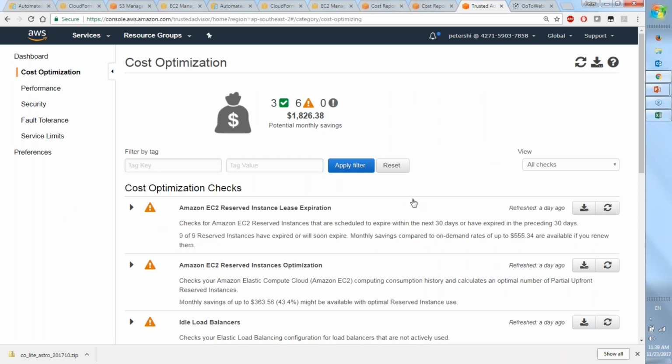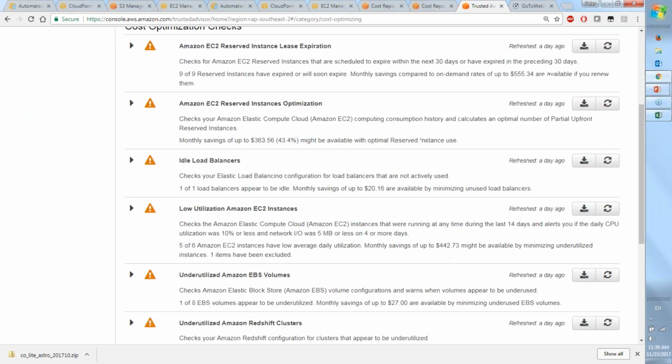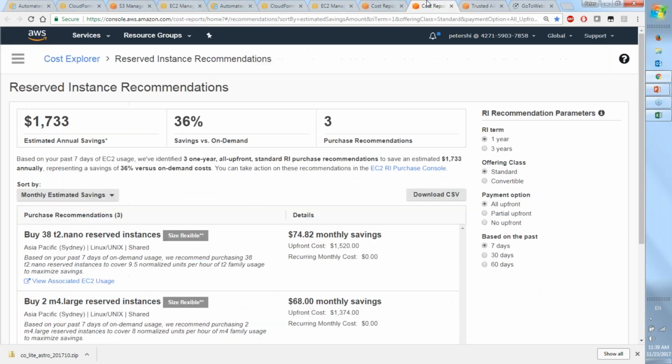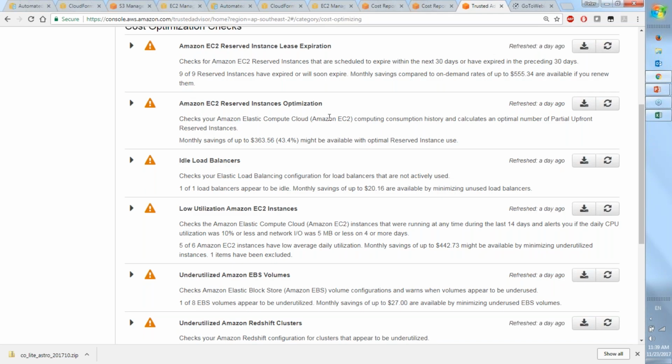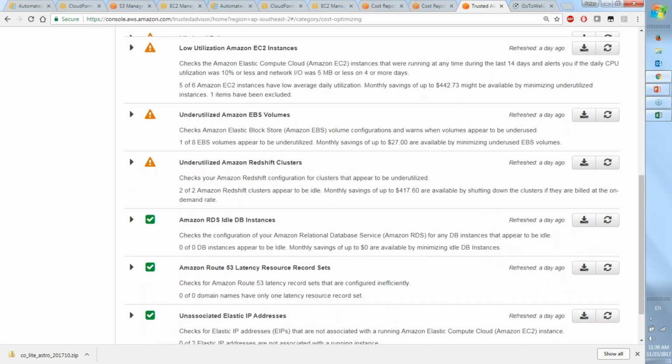And so where that comes from is checks against EC2 reserved instances expiring, EC2 reserved instances additional that I can reserve. However, nowadays, a more feature-rich report can come from Cost Explorer, as mentioned. Idle load balancers, low utilized resources, so resources that have low CPU average utilization.